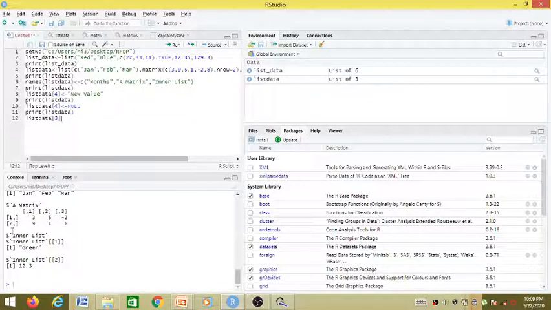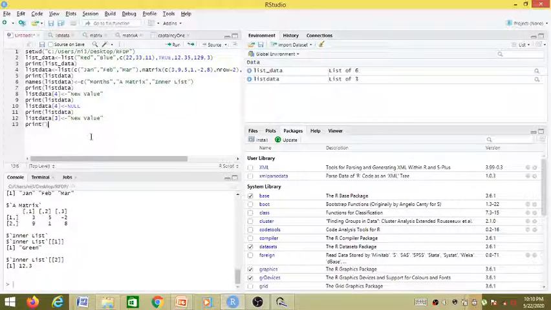See here, as a third index we have two values, green and 12.3, which was previous. Now let us modify it to some new value, say a new value. Let me see the list data.